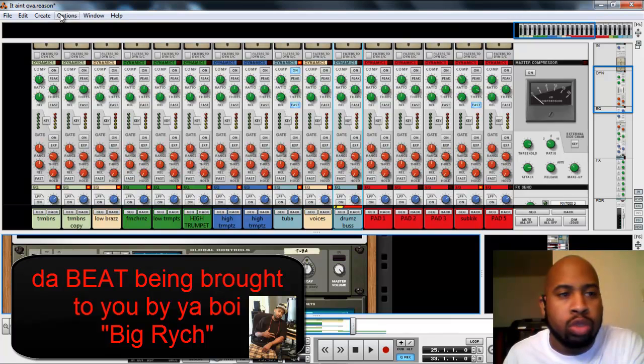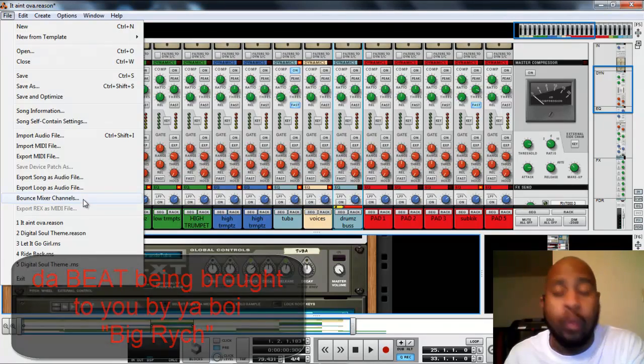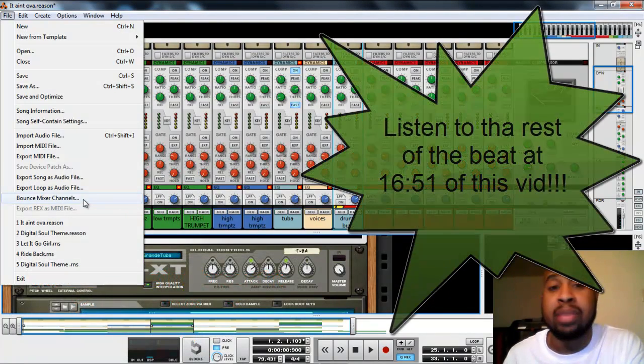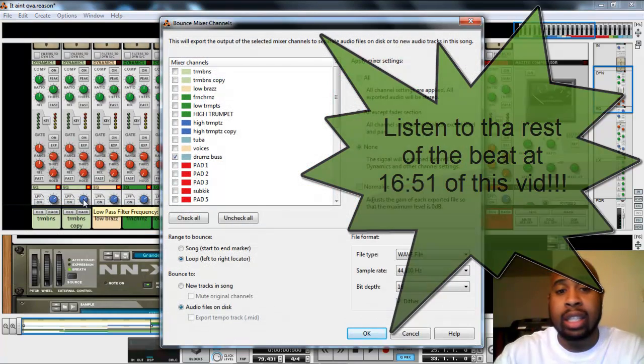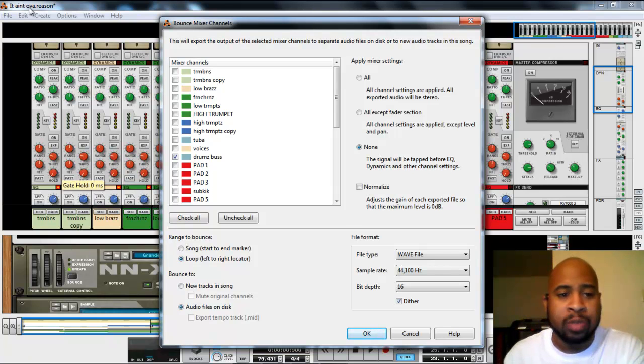So what you're gonna do is, you're gonna go to File at the top left, click on the File. I'm gonna scroll all the way down, almost to the bottom. Right underneath Export Loop as Audio File, you're gonna see Bounce Mixer Channels. Click on that. Once you got it pulled up, you're gonna see a